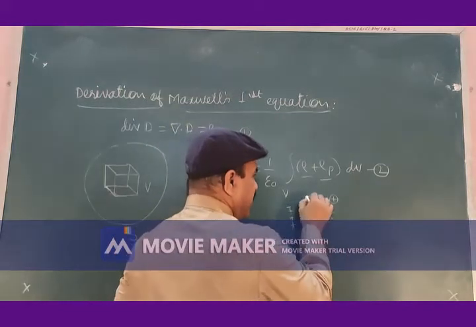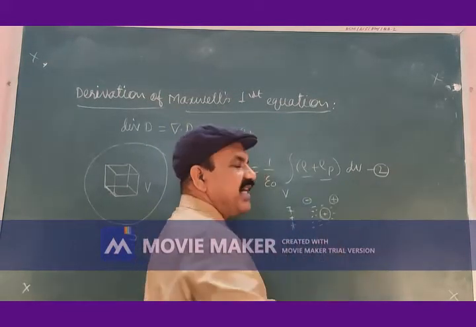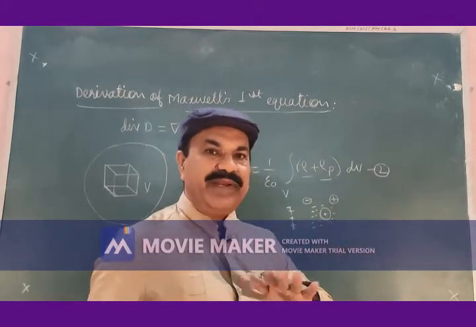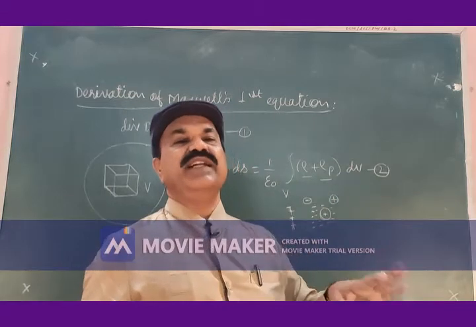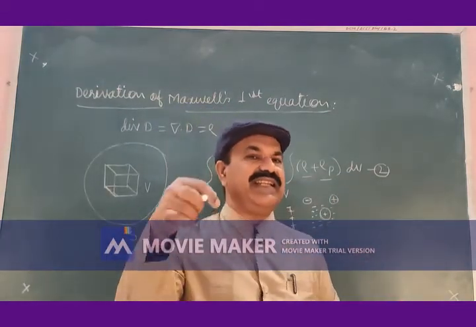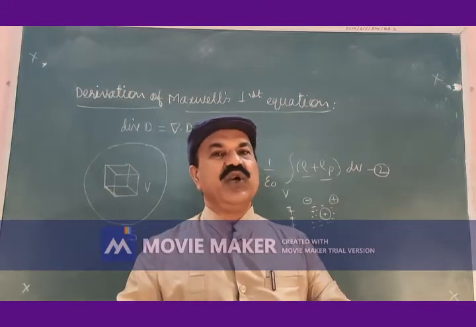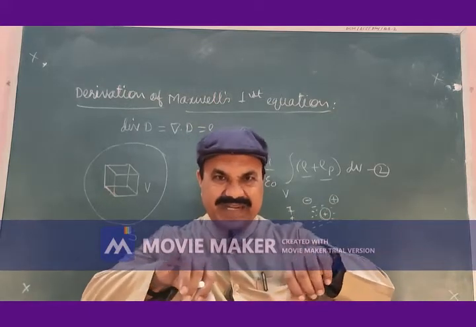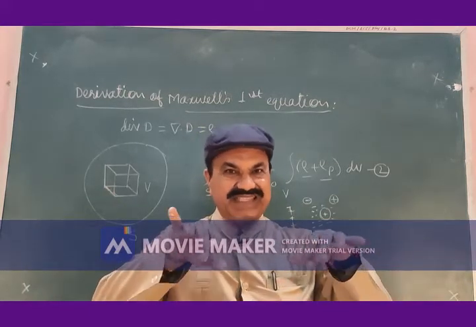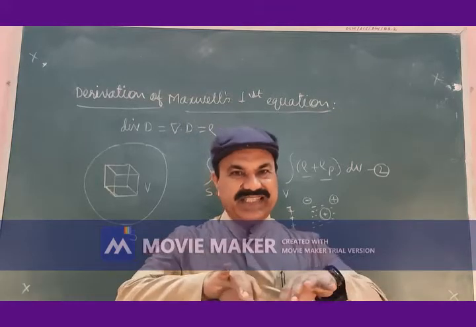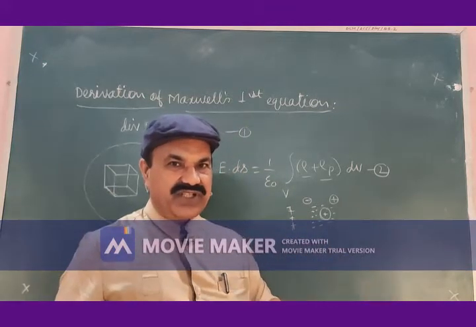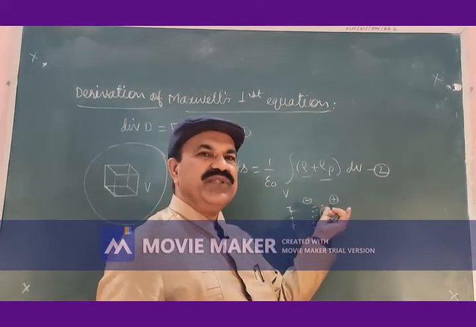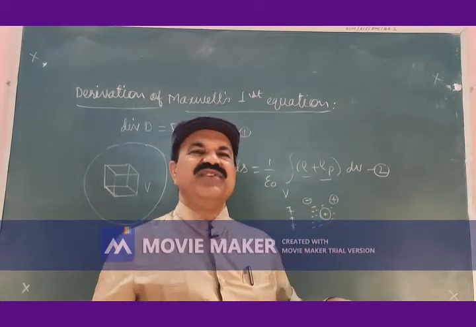The center of negative charge will come somewhere here, and the center of positive charge will come somewhere here. The electrons are still inside the atom; they are not liberated, not made free from the atoms. Positive charges are still inside the atoms, not made free, but they are somewhat separated from each other inside the atom. This separation will cause the centers of positive and negative charges to separate from each other.